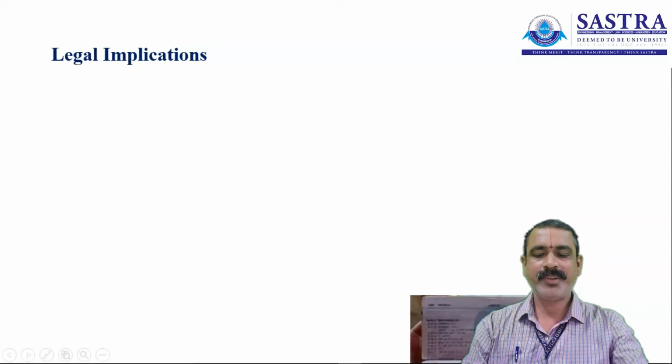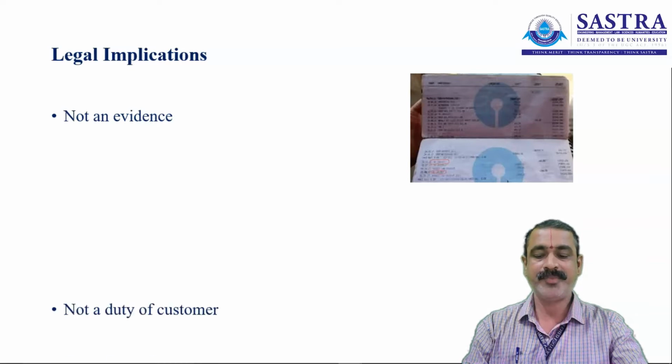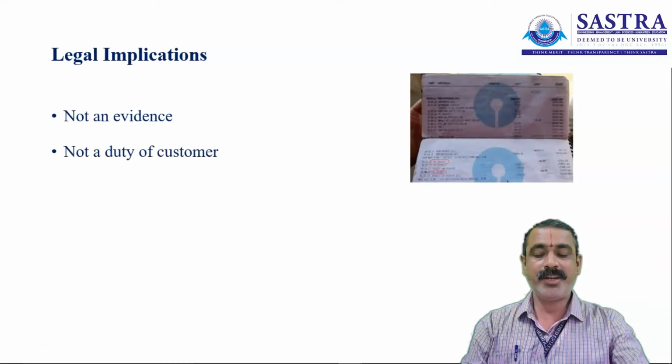What are they? The passbook is not an evidence of a settled account because the legal opinion is in favor of the person who is affected. It's not an evidence. There is no duty on the part of the customer to examine his passbook. The passbook is of course entered by the banker or the bank's machine today. The banker cannot therefore take it to his favor when no comment was received from his customer about the unfavorable entries. If anything is noticed by the customer as unfavorable entries, that has to be taken care of by the banker and rectified in due